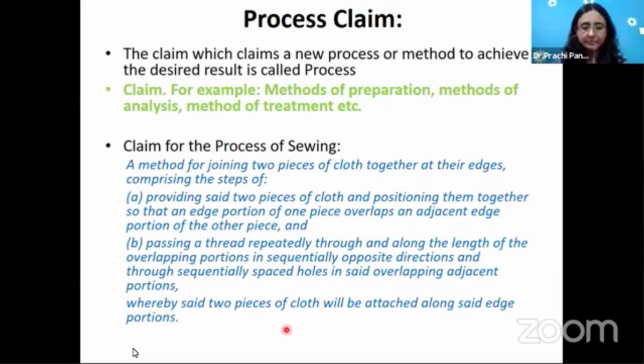And all your dependent claims will be dependent on the independent claim. Means you cannot draft something new in your dependent claim. You have to just elaborate, in such a way that you write down even the material you have used for making the component, all the processes. You have to describe each and everything.